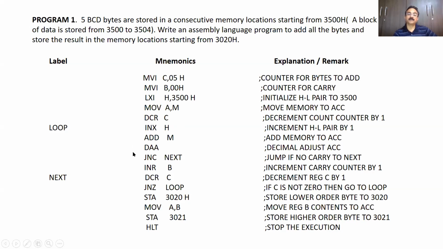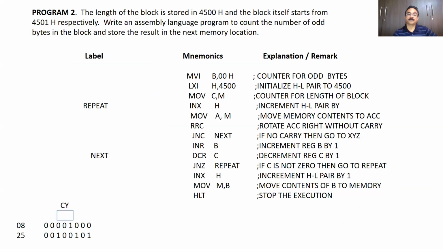So in this program, what we have understood, the first thing is the length is given directly in the statement of the program. For that, we have used MVI. And second thing, since this is the BCD program, after adding, we'll have to use the instruction DAA to convert hexadecimal into decimal. Now, we'll move to the next program.